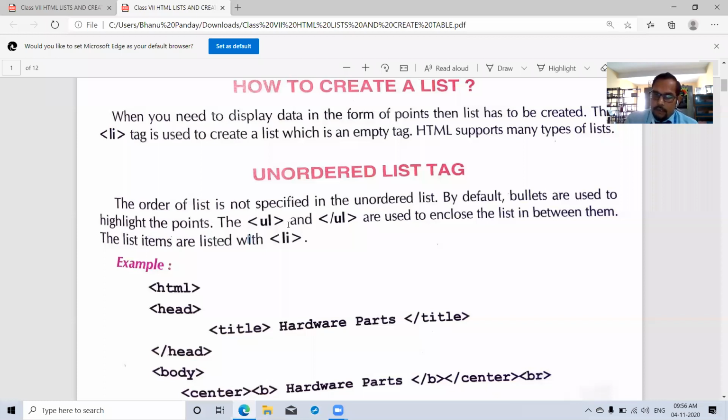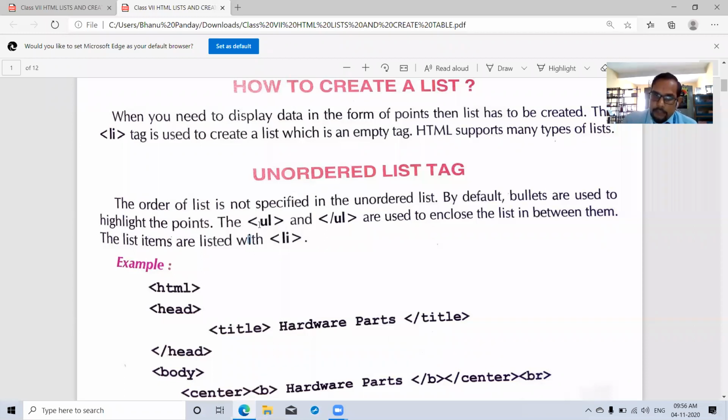The UL open and UL close, that is called a pair tag, which has both an open tag and a close tag. This type of tag is known as a pair tag, used to enclose the list in between them. Whatever you have to write in between these two tags is enclosed.